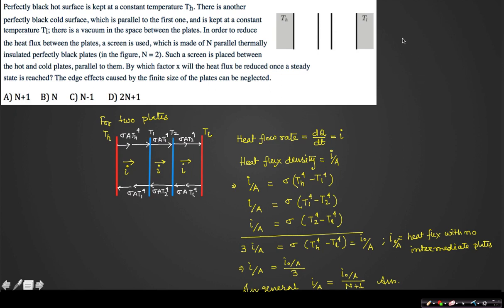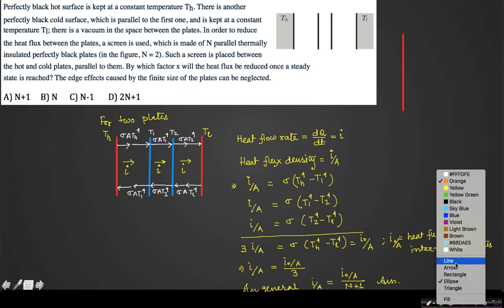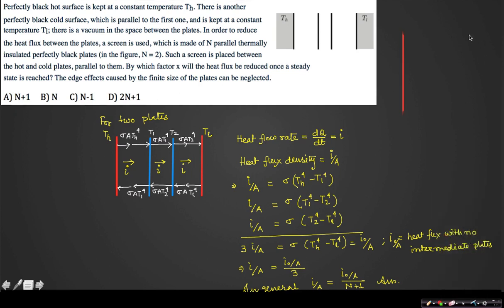Suppose this is one plate and I have placed another plate here. If no such screening is placed, then this temperature is Th and this temperature is TL. So what will be the heat current here